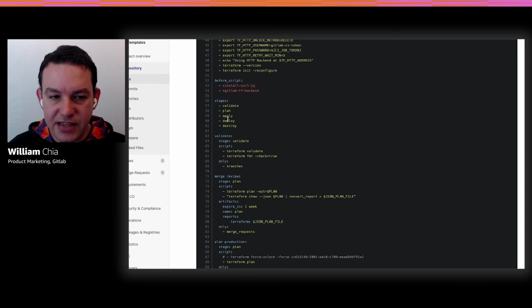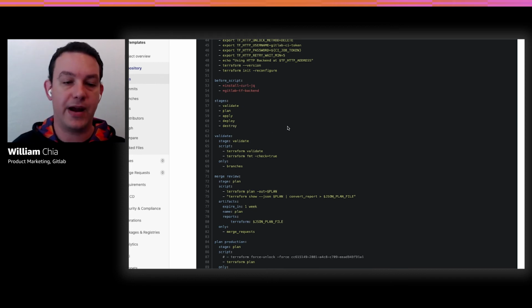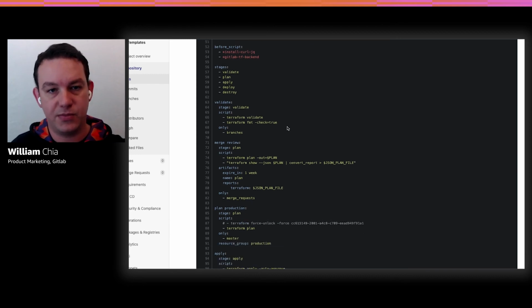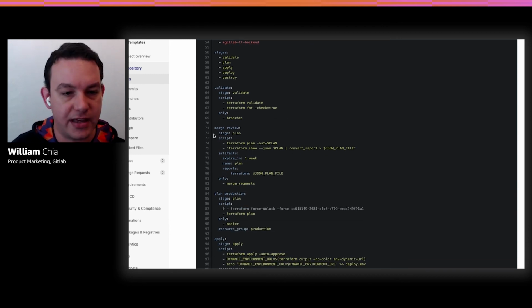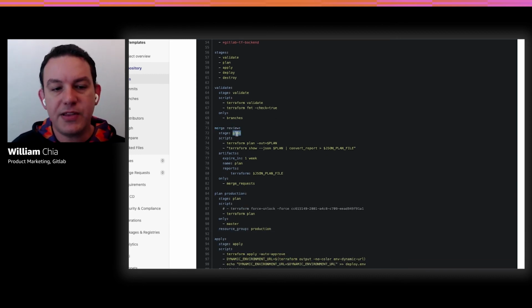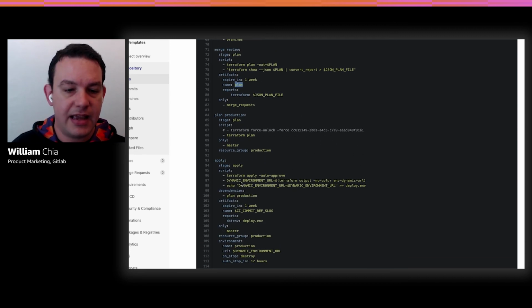And you can see that we have these validate, plan, apply, deploy, and destroy stages where if I want to shut it all down, I can destroy the infrastructure as well. And essentially within the merge request, it's going to run the Terraform plan. And within the production, it's going to apply on the master branch.